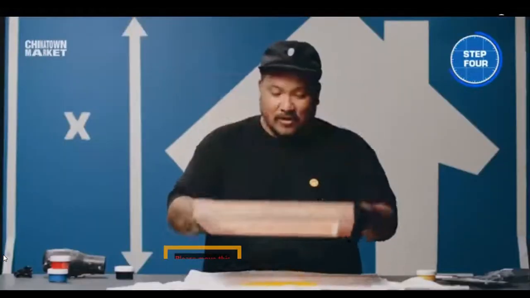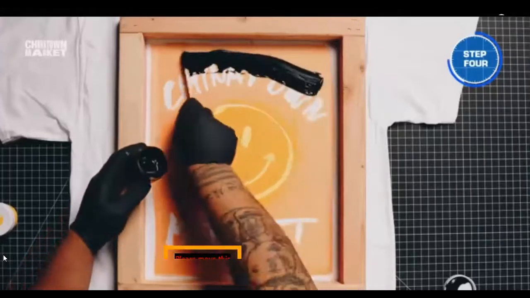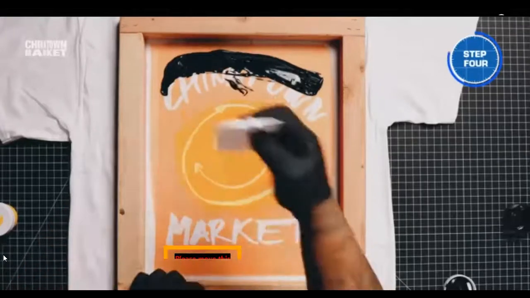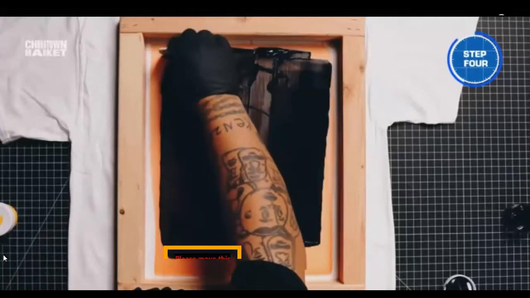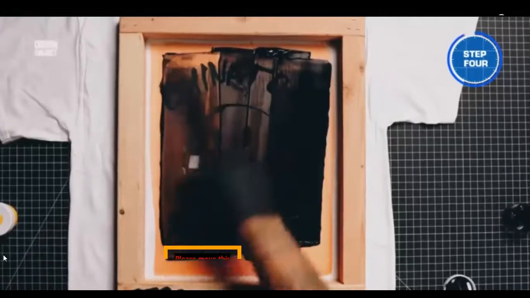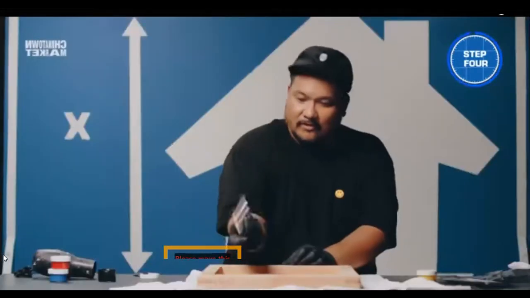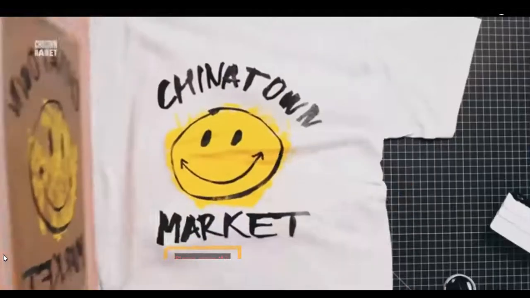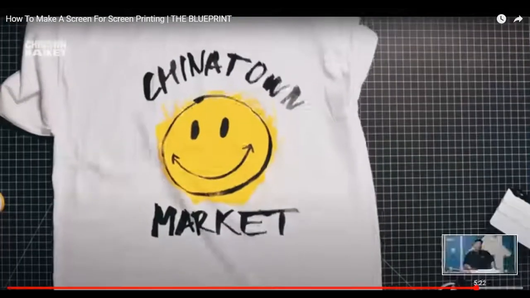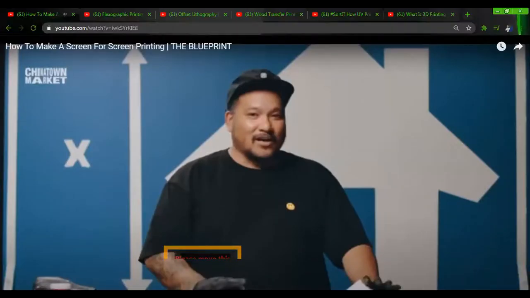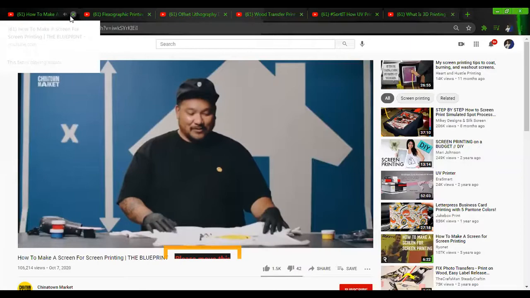Now that we have this yellow circle for the happy face, we're gonna lay this directly on top of it. And then we're gonna apply it with black ink, flood it, outline, get your squeegee, and then apply pressure and pull. All right. See how it came out. Okay, so here's your final shirt, the final outcome. Today I taught you how to buy all the materials to burn a screen, how to burn a screen, how to wash the screen, and how to